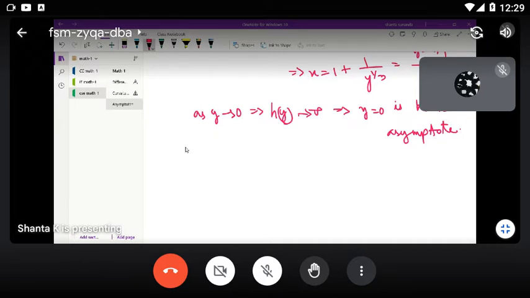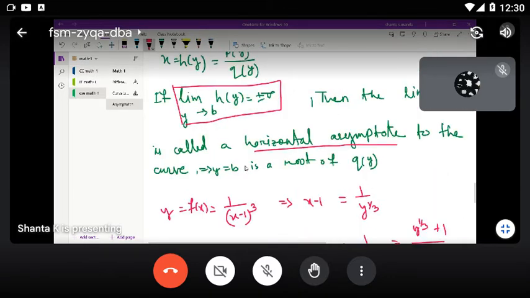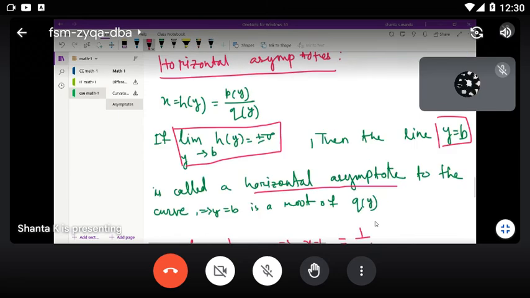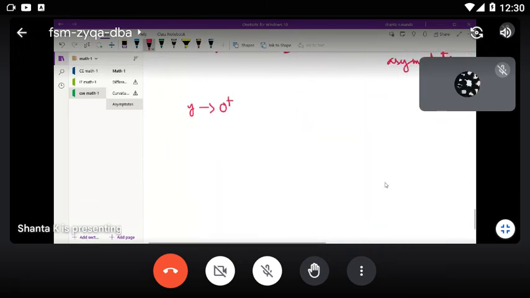Here y approaches 0 plus, from the upward side. If it is approaching 0 from this angle, from this one, if it is approaching 0 this way, then x approaches plus infinity, and if y is approaching 0 from the minus side, then x approaches